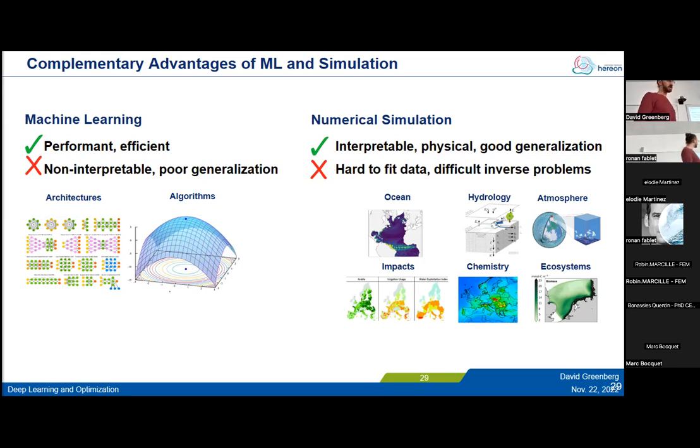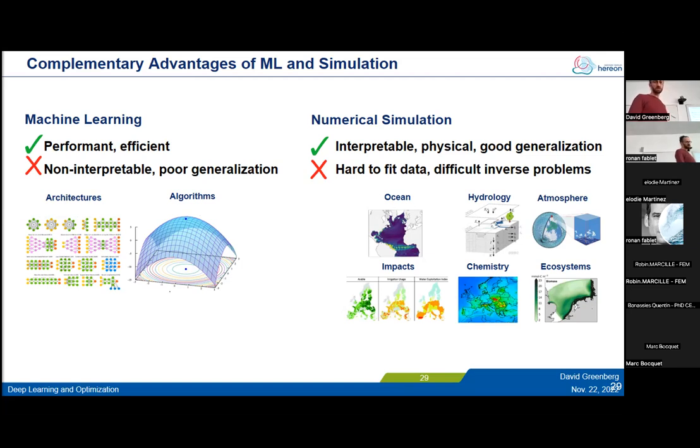On the other hand, we have physics-based, chemistry-based, biology-based numerical simulations where the processes, parameters, and state variables are interpretable. They're often physical. And by incorporating all these conservation laws, symmetries, and so on, we're able to generalize much better to new scenarios. But as I mentioned, because of the way these are stated as, say, PDEs that have to be time integrated, or complex beasts of hundreds of thousands or millions of lines of Fortran code running on a cluster that's heating up half the city,